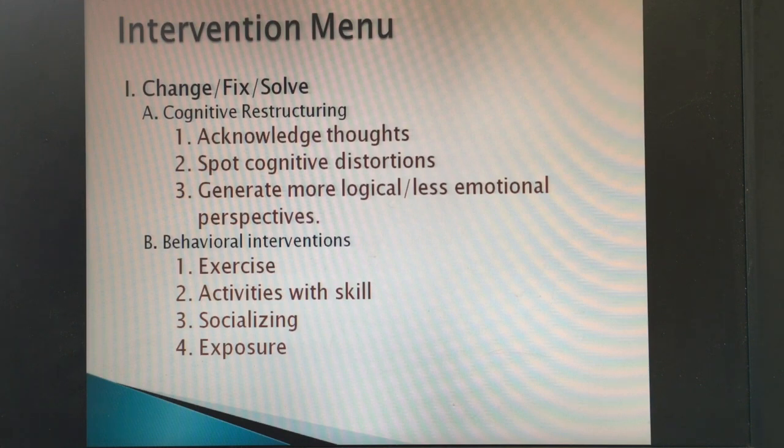The second category is letter B, behavioral interventions. A lot of the interventions, the strategies, will involve getting the person to exercise. These are actually what the research shows helps a person get out of depression. You've got to exercise. You've got to be engaging in activities that have some skill level or mastery level, playing an instrument, doing a sport,